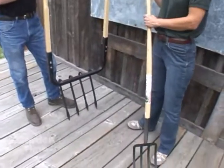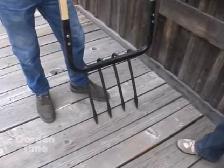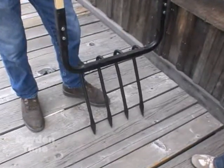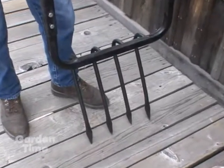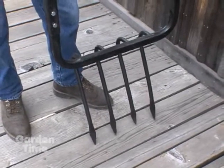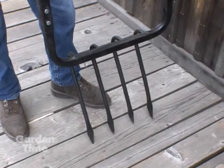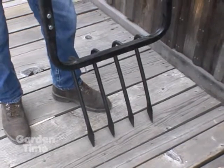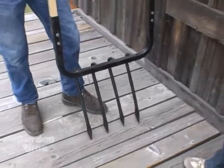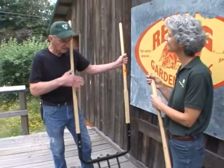This is a Broadfork. And a Broadfork is a tool primarily for organic gardeners. There are now about a dozen different manufacturers around the United States, and a lot of people looking at this with the growth in organic gardening. It's a tool designed primarily to rework beds that have been worked before. You can break new ground with it, but the technique becomes especially important, and the technique is everything with this